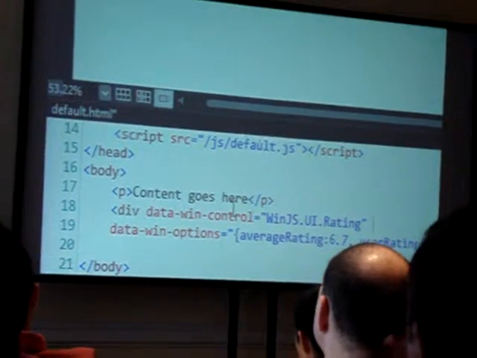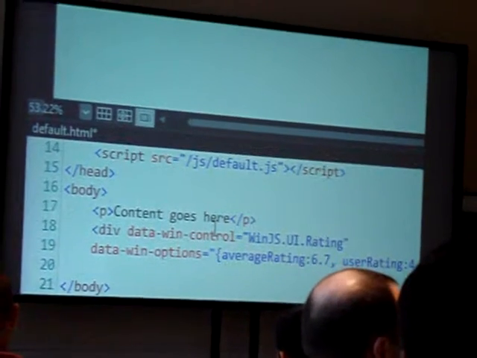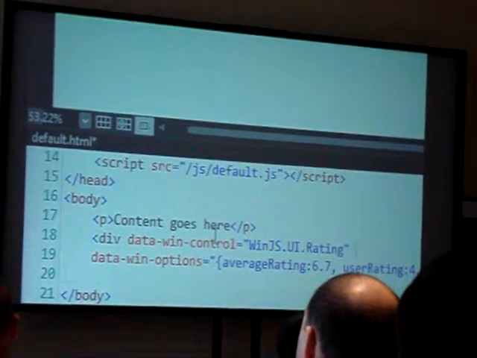HTML. Yeah. So will this run in a web page as well as the hosting? Well, the question is